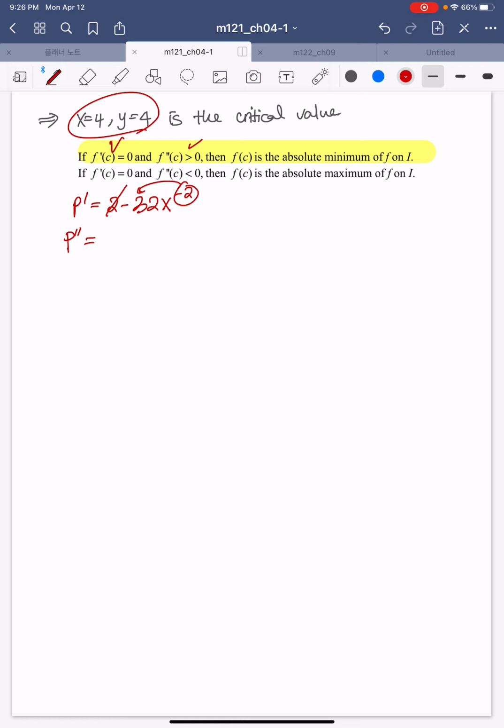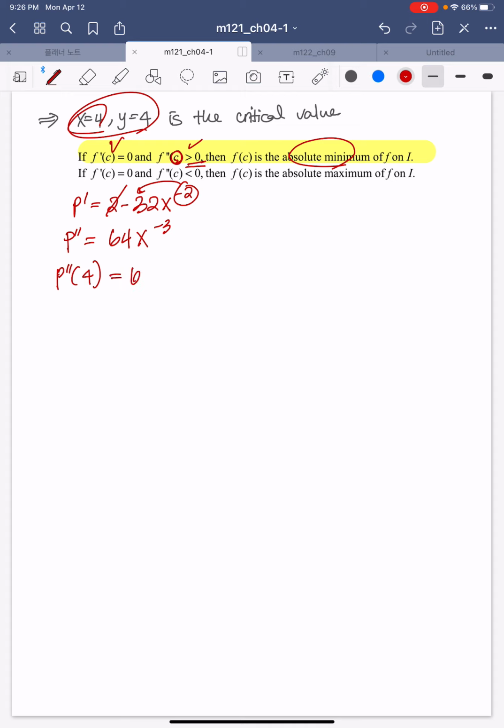Negative 2 with this negative 32 will make it 64x to the negative 3. So we want to check the critical value. That means x is 4. So let's double check. If the second derivative at 4, the critical value, is greater than 0,